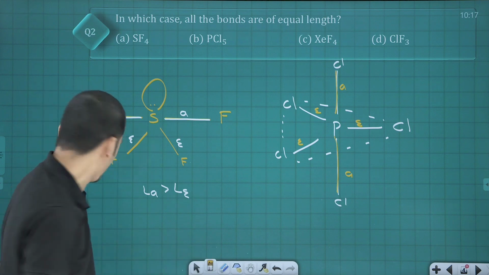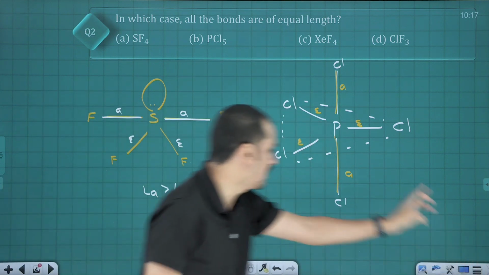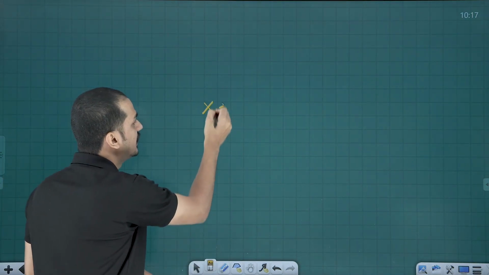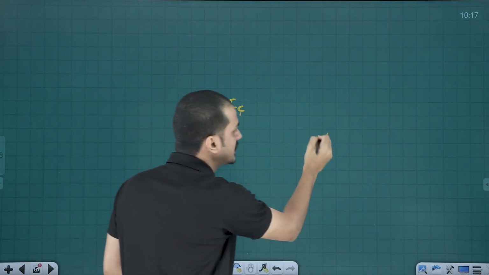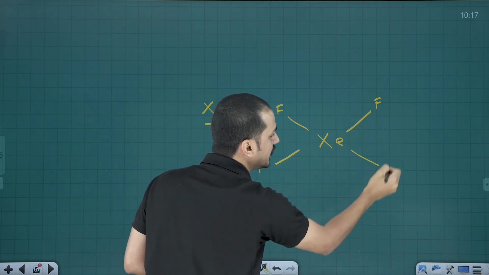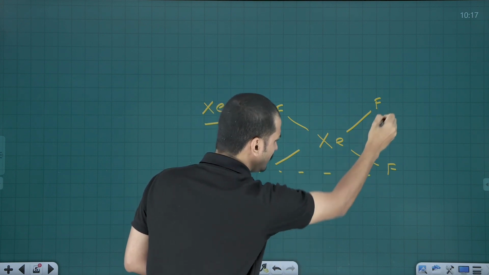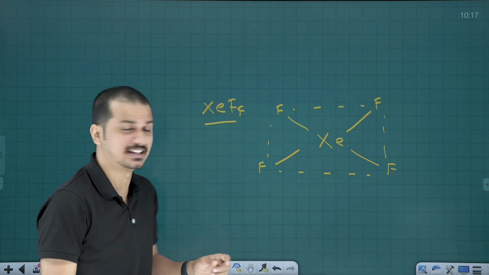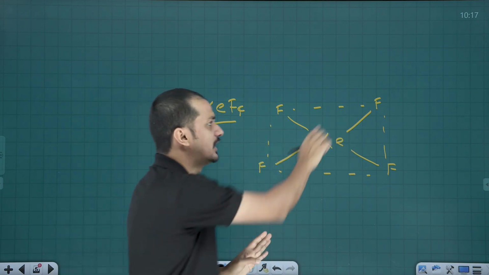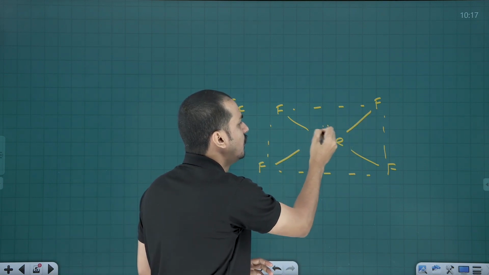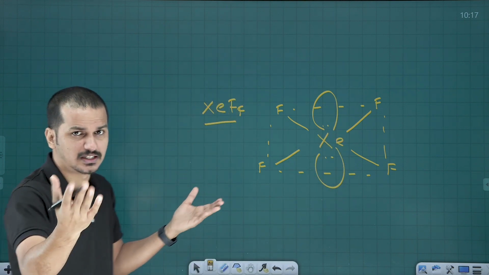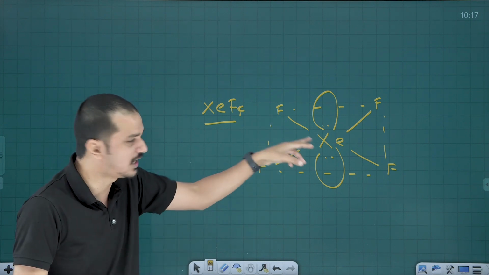What about XeF4? For XeF4, the shape is Xe with four fluorine atoms around it like this. The four fluorines are making single bonds. Xenon belongs to the 18th group, so 8 electrons are there around it. They are connecting with single bonds. Then there will be one lone pair and another lone pair, so two lone pairs. You can use my formula. In the recap video, we already discussed how to find out the bond pair and lone pair.